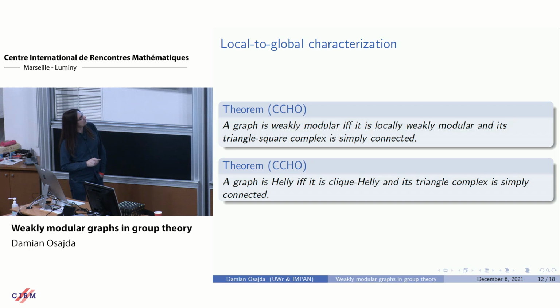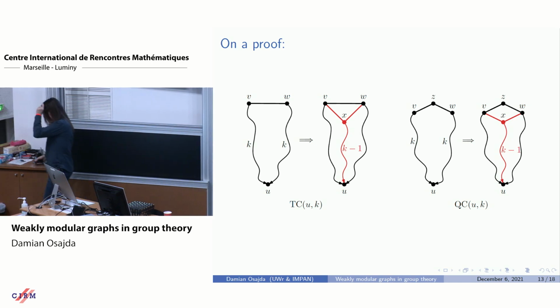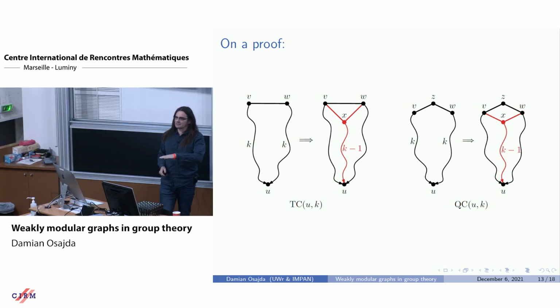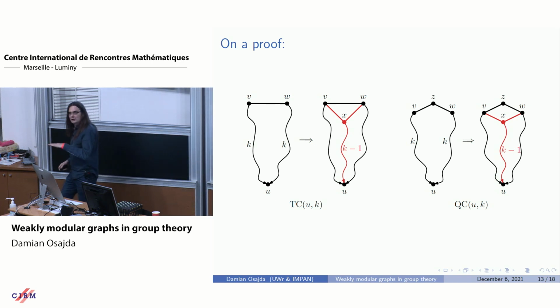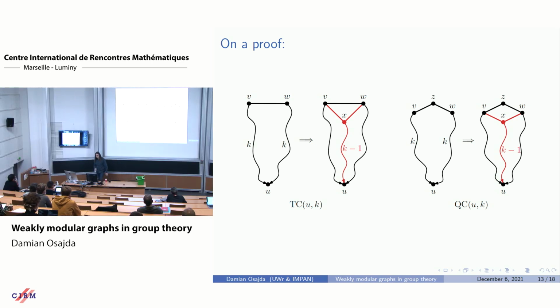Okay, so let me say a word on the proof. Just a remark. One direction, that weakly modular graphs satisfy this local condition and simple connectedness of the triangle-square complex, is quite easy. First of all, if you have a weakly modular graph, then it's obviously locally weakly modular, right? You just look at some distances, not at all. And second, the triangle condition and quadrangle condition actually tell you that all the loops are